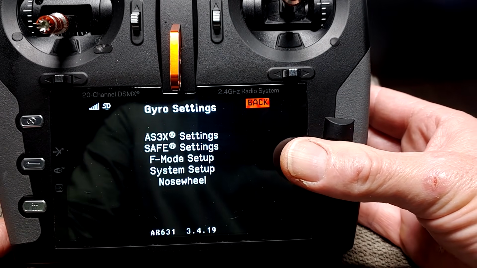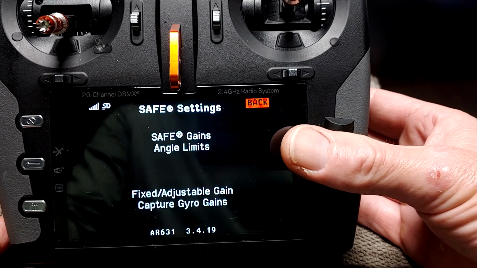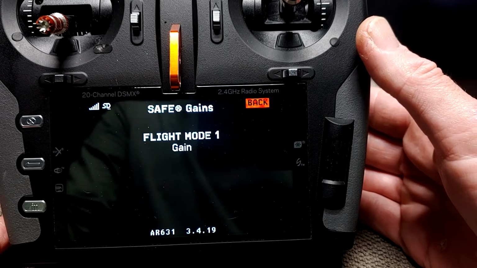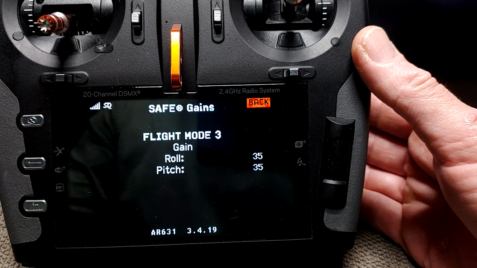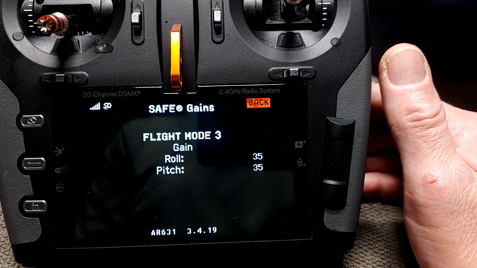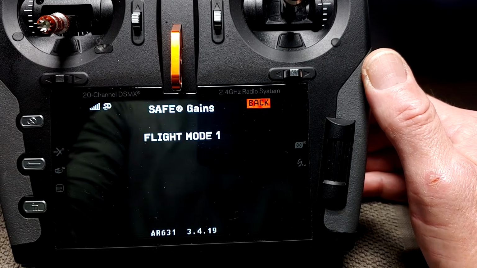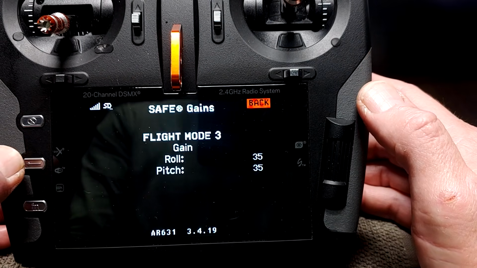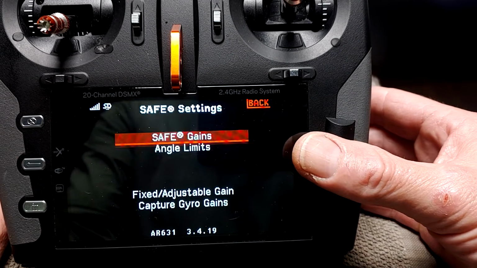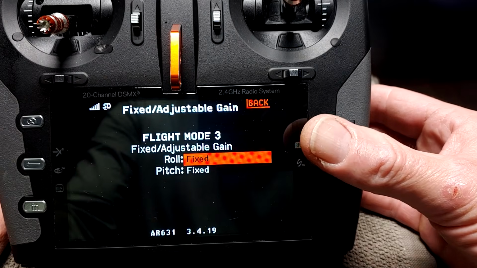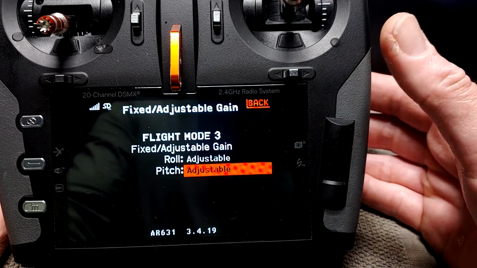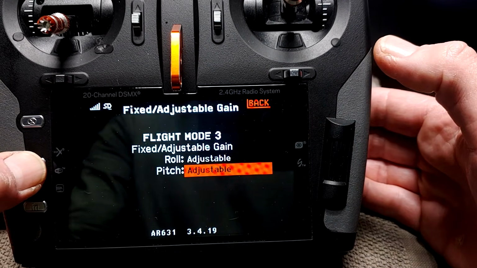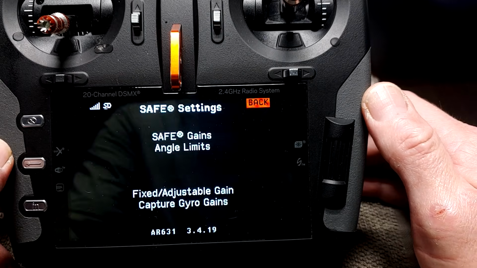Gyro settings, Safe settings, Safe gains, and Safe is on. 3535 is a default. Safe off, the gains disappear. Safe back on. We're going to make sure that we put the Safe gains adjustable for the roll and the pitch. And now we need to assign the channel